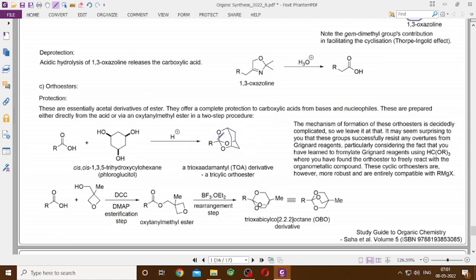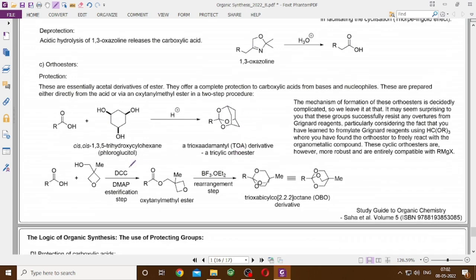That's a tricyclic orthoester. This is like an adamantane, as you have perhaps recalled from your studies in melting point and boiling point, but only these 3 methylene units are replaced by this oxygen. So this is a cyclic orthoester. Or you could go for a trioxabicyclo[2.2.2]octane, which is OBO protection, that is done by reacting with this oxetane